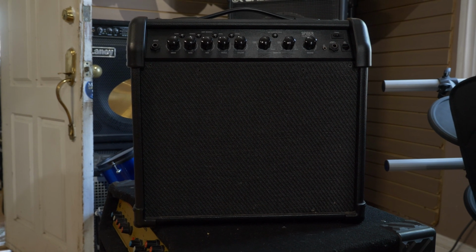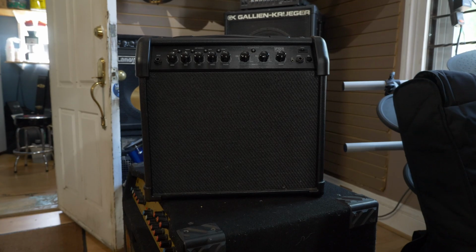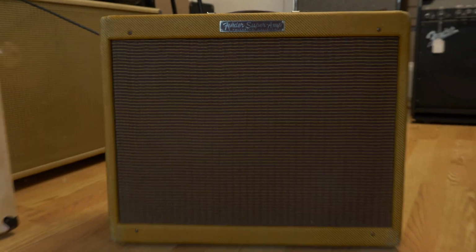The major difference between the two instruments comes down to that whole electricity element. For acoustic guitars, you really only need an acoustic guitar to start, but for an electric guitar, you need an amplifier, which is something that's completely different for some people. Amps come in 2 different types, solid state and tube. Generally speaking, solid state amps are a lot lighter in weight, have more options for built-in effects, and can be cheaper, while tube amps are a lot heavier, will require maintenance, and are generally used for more professional